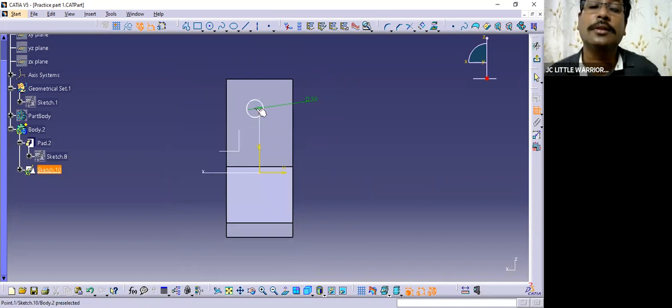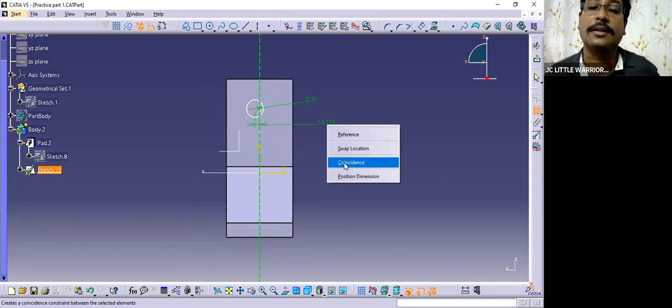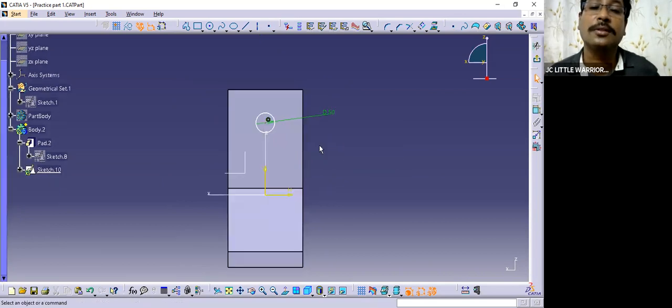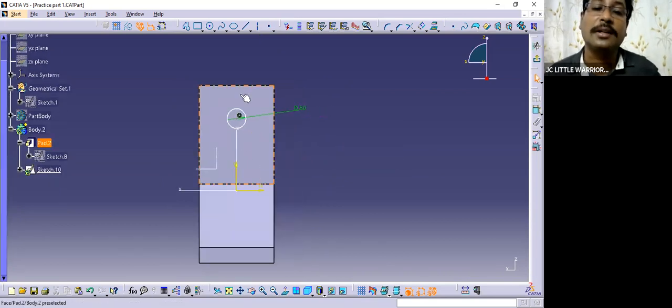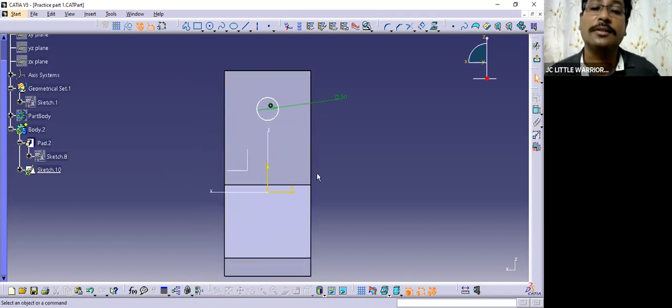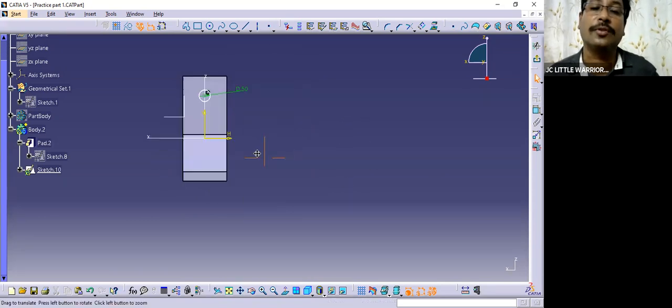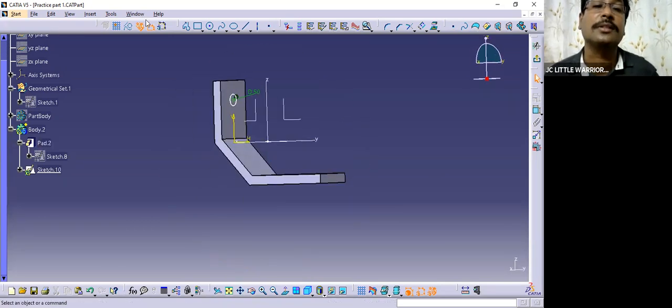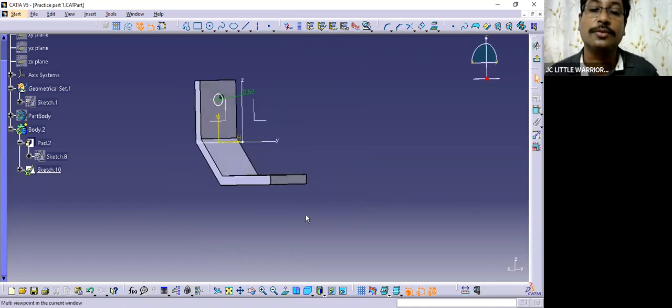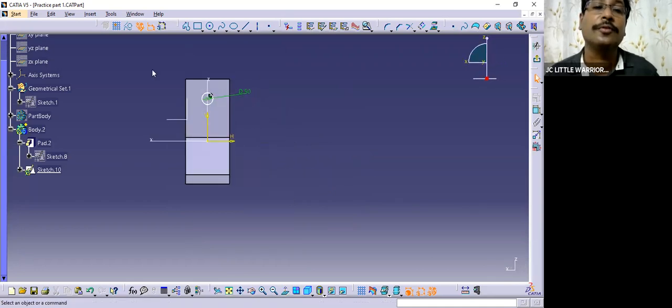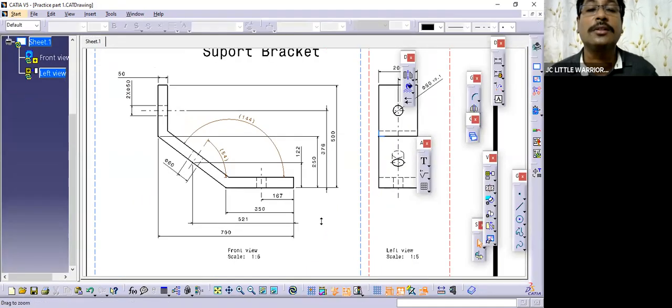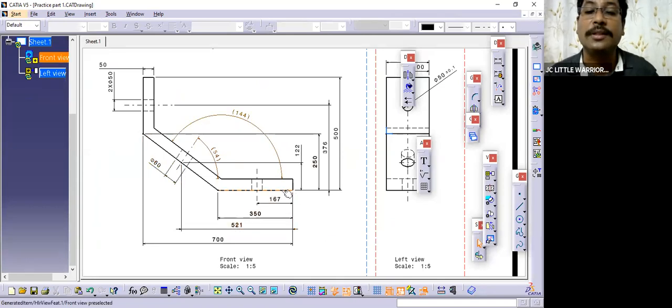Simple. Select the center and select the axis and say coincidence, because the part is exactly at the center. So we need to coincide this with the center. And what is the height of this part? From where we need to consider that height? Say normal view. And if you check in the drawing, what is the height of the part from this face,